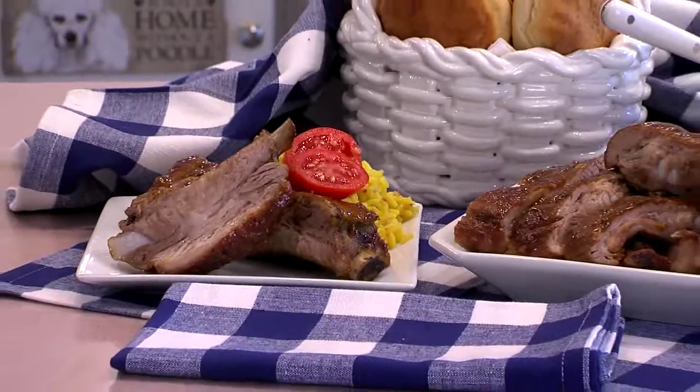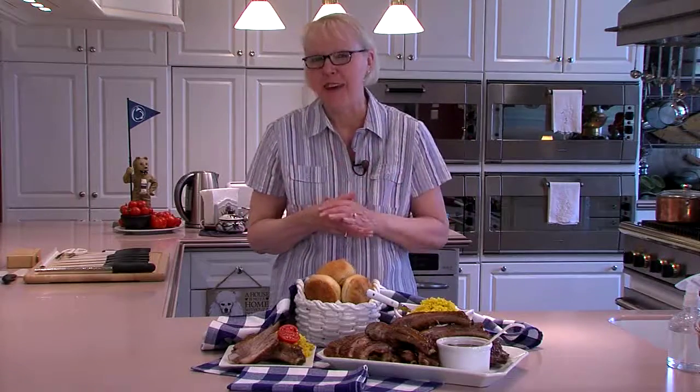For fair weather tailgaters and cooks who entertain stadium goers in their kitchens before and after Nittany Lion games, I hope you'll put this recipe in your back pocket and give it a try this season. After all, we're all Penn State